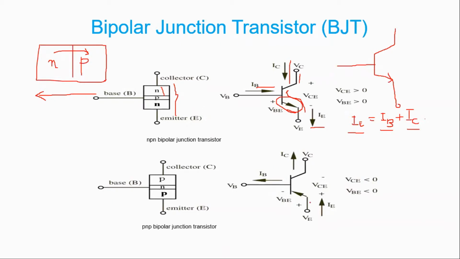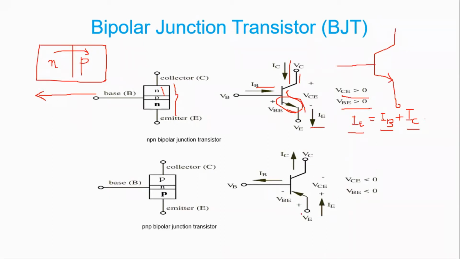Now when you look at the PNP, your flow of holes will be from P to N. So that's why your arrow is like that. So when you have the symbols of NPN and PNP transistors, the only difference is the arrow. You can clearly see this arrow is from base to emitter, and this is from emitter to base. Although they have mentioned some conditions, right now it is not required that base emitter voltage should be greater than zero, collector emitter should be greater than zero. That is not required right now, but it is being given here.